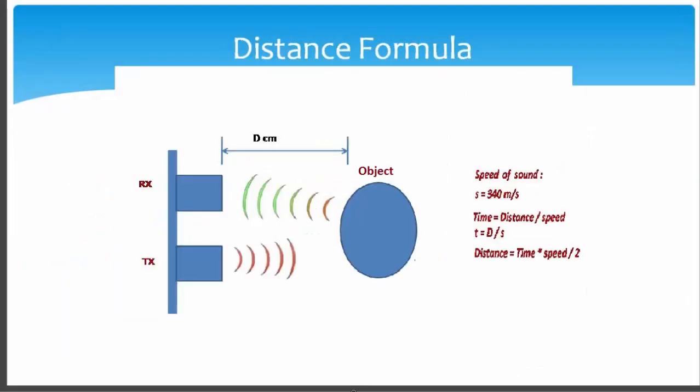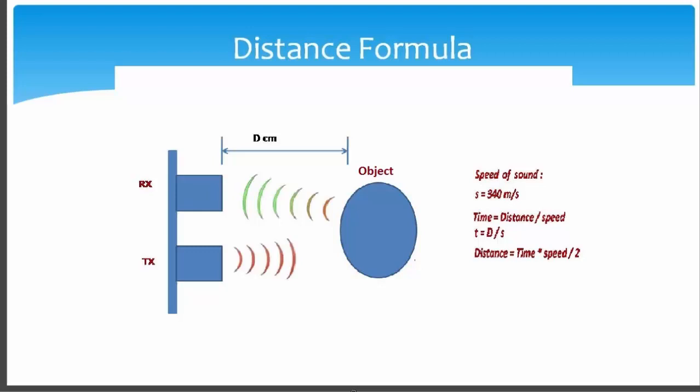Figure shows how the waves are propagating in ultrasonic sensor. Transmitter emits the ultrasonic wave of 40 kHz. It travels through the air. When they are blocked by an object, they get reflected back. They are bounced back to the sensor. These reflected waves are absorbed by the receiver of ultrasonic sensor.